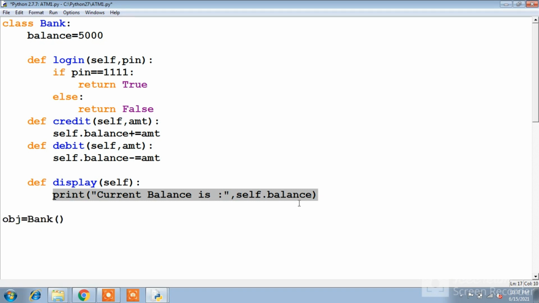Now I am creating an object for the Bank class, that is obj, and I am taking one variable, that is flag. By default it is false. I am using a for loop to count the number of trials for entering the PIN number, 1 to 4 excluding 4, so that it is 1, 2, 3.